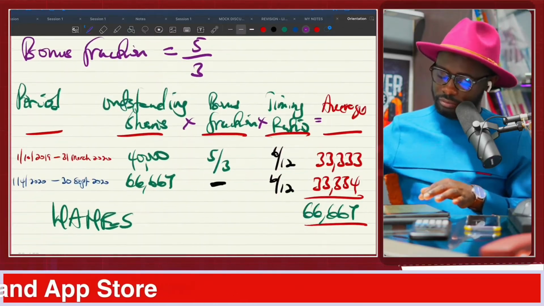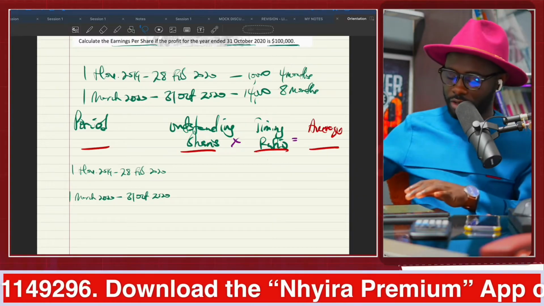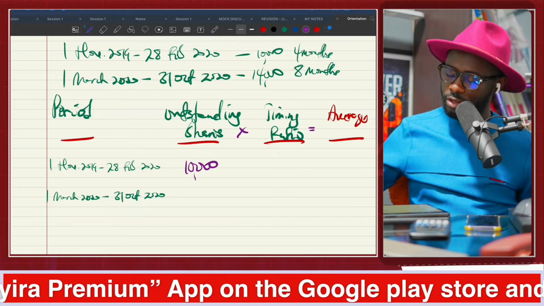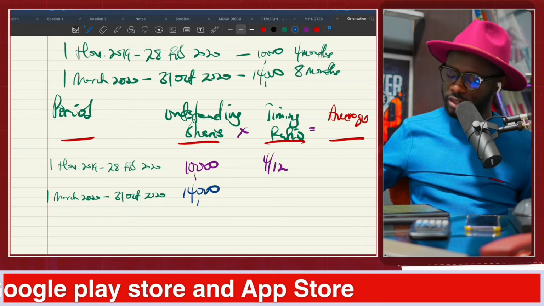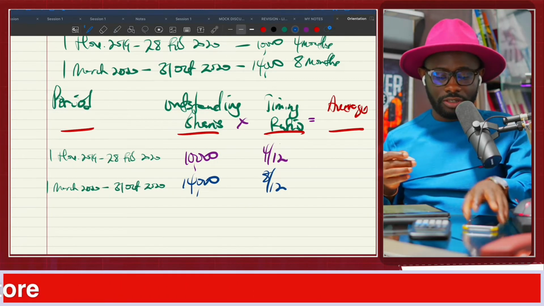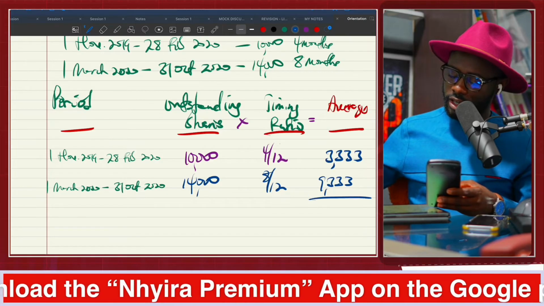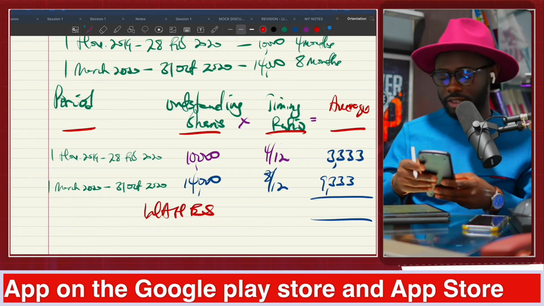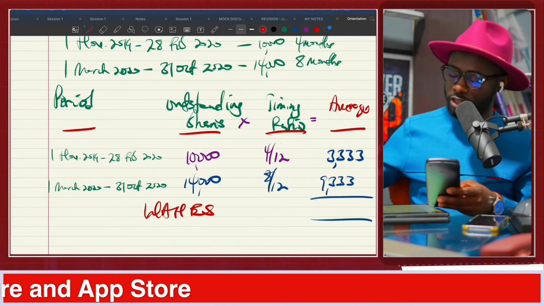So let me just copy this. For the first period, number of shares outstanding is 10,000, timing ratio 4/12. Second period 14,000, timing ratio 8/12. So we multiply to get the average. That's 3,333, and that is 9,333. And so that gives us our weighted average number of equity shares. So 3,333 plus 9,333, and that gives us